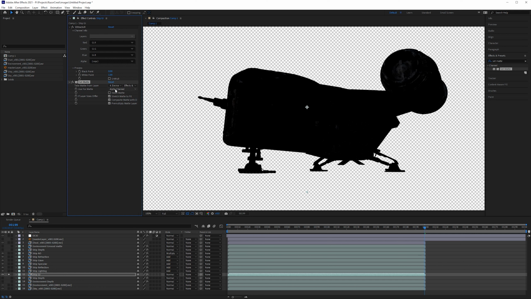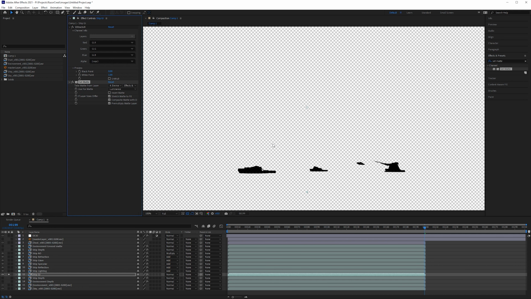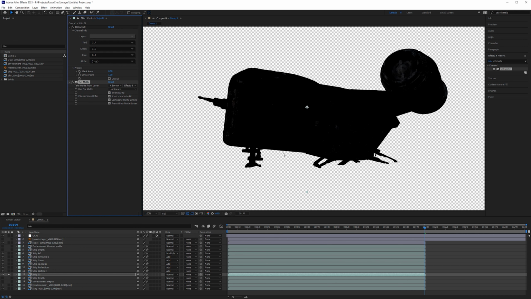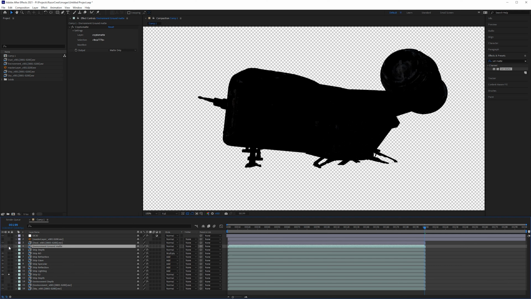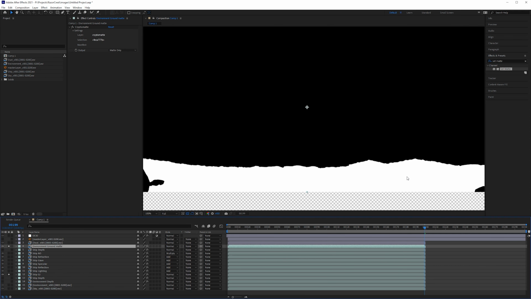And then by default, it will use the alpha channel, but the alpha channel is completely solid. So we want to say luminance. And as soon as we click luminance, it's going to say that the ship can show up only where the ground plane is white. So we want to invert that. And now it doesn't show up where it's white. So just to show you where that is, right here. This is referencing this, and wherever this is, it's going to be off.